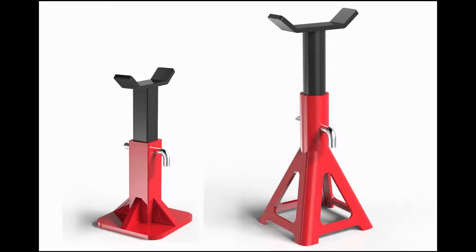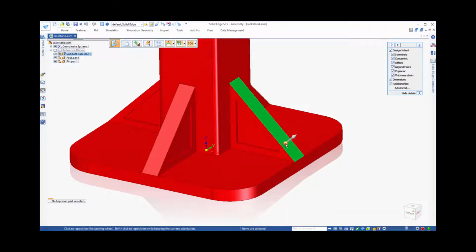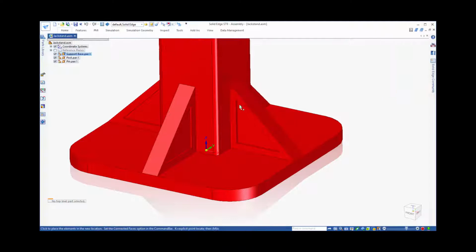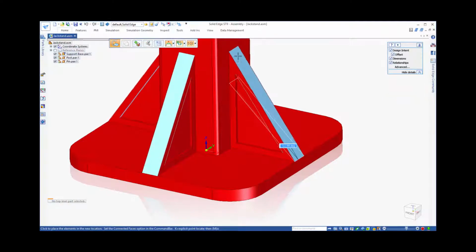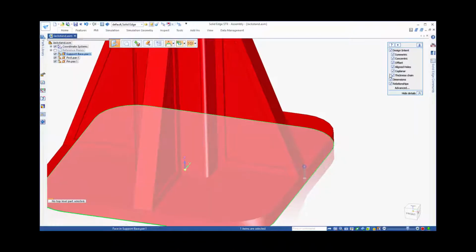In this example, let's use synchronous technology to completely redesign this jack stand from the square-based design on the left to the pyramid-based tubular design on the right. Notice that we are in an assembly, and yet we can select faces of parts and modify them directly without actually diving into the part model itself. This saves us time by not requiring us to go in and out of the part in assembly environments